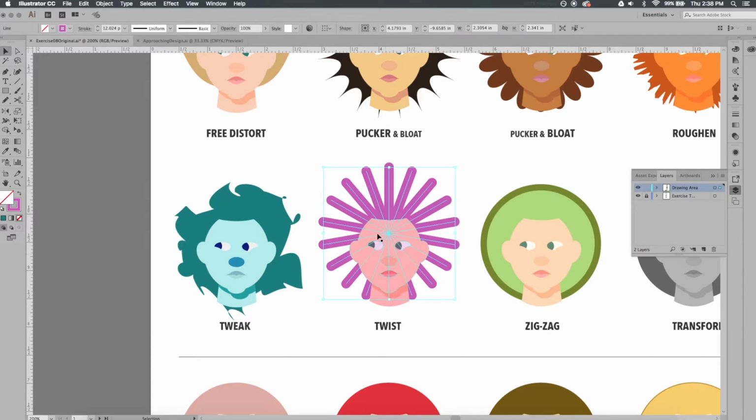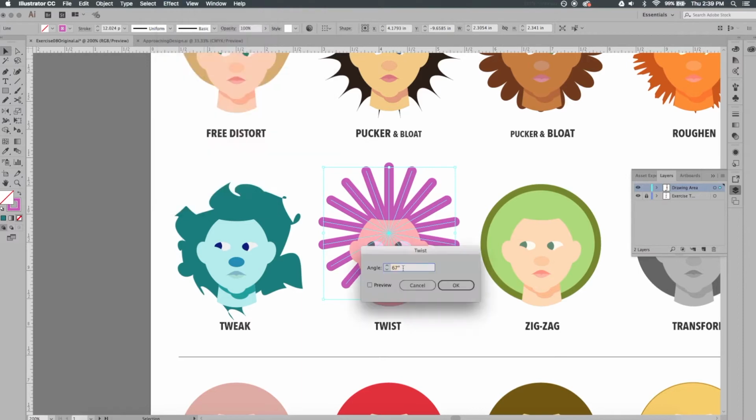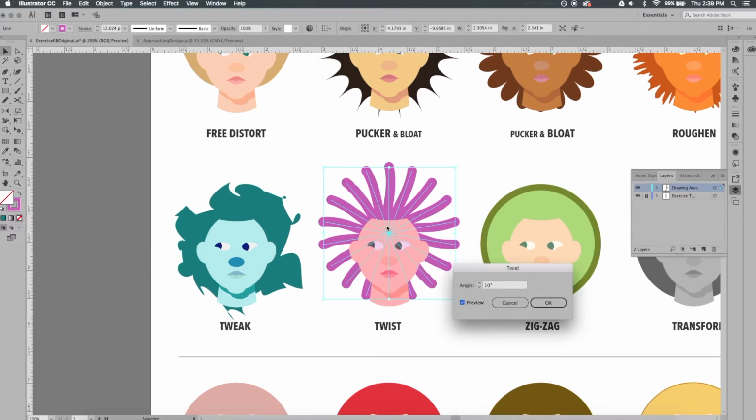So this next one is called twist, and it's hard to see what the twist does with a solid shape. So instead, I created a series of lines in a radial pattern, and I grouped them together. So now let's go up to the Effect menu, Distort and Transform, and Twist. And let's start with just a 10-degree angle and preview that. And you can see that's starting to twist it along its axis. So if I start to increase it,